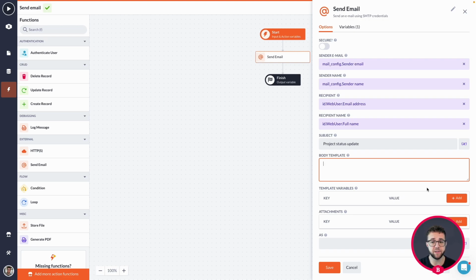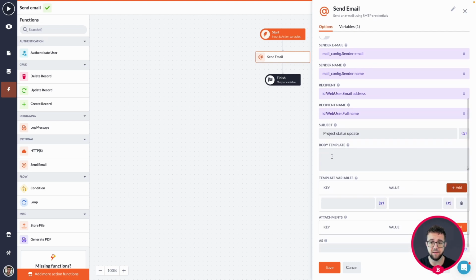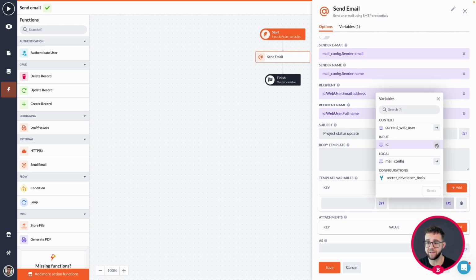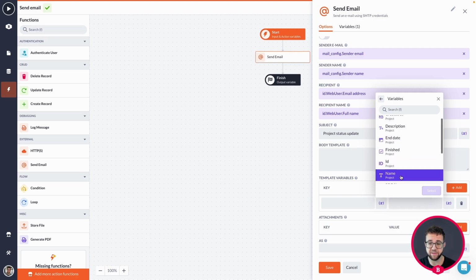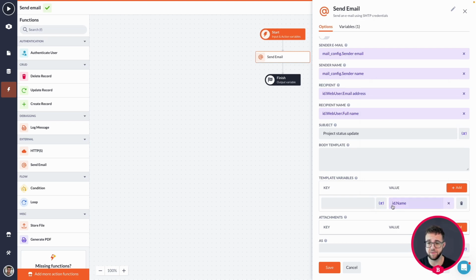So for example, if I want to have the project name in my body template, I can gather the project name from the object that I'm using in this action. Well, we're connecting that as the value, and I'm calling this name. Well, how can we call upon this name in our body template? We can do that by opening up with double brackets, then filling in the key from the template variables. In this case, it's name. And then we close up with double brackets. The email now knows it needs to gather some information from our template variables. So name